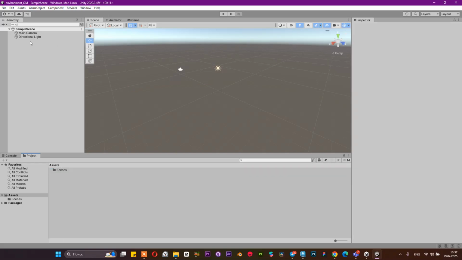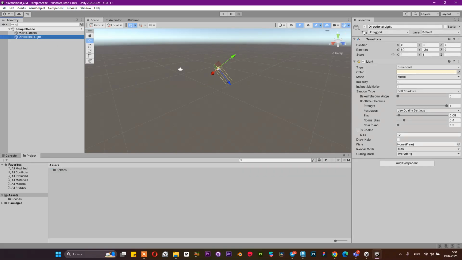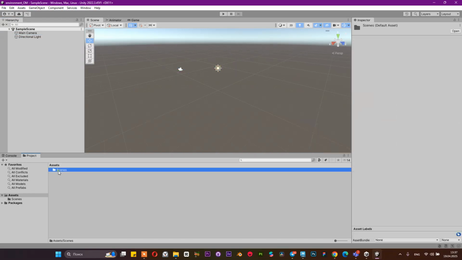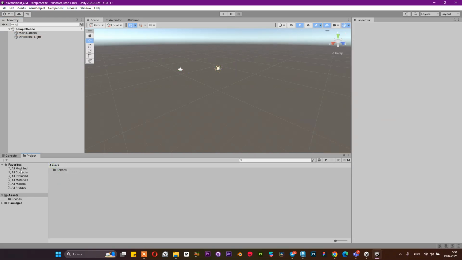And we also have the inspector window. In the inspector, like in the attribute editor, we will set the parameters, which are transform position, scale, and settings for the selected object. When you select something in the assets, in the project, the inspector will change and show